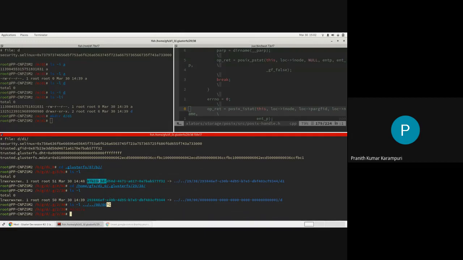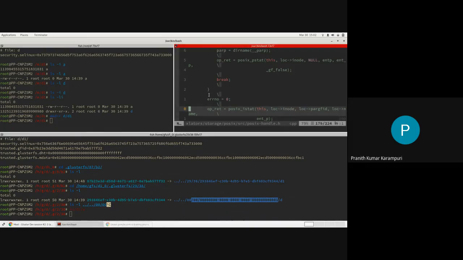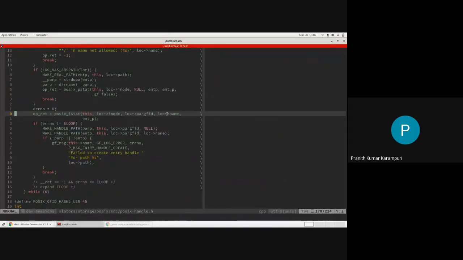So it will do a read link, get the final component, then do a read link on the parent GFID of that one. Then it will get the final component D. Now that this is 0001, it knows that it is the brick root. So it now has a complete path of that directory. Okay. So once it gets the complete path, it just needs to append the name and then it will do a stat.